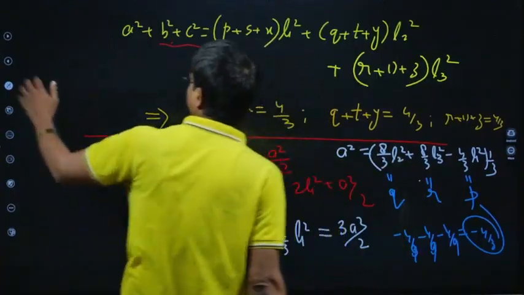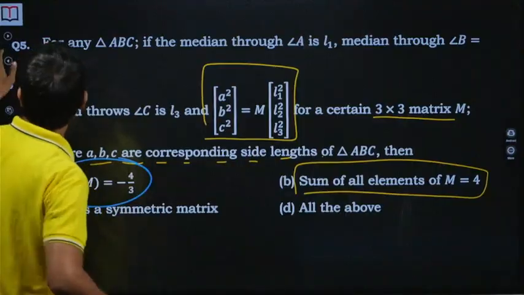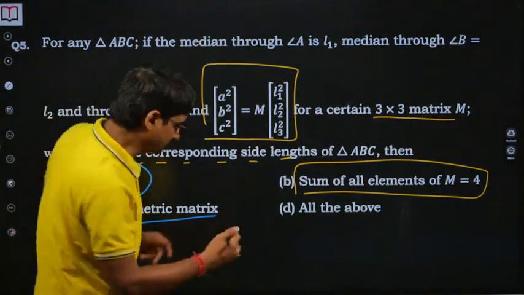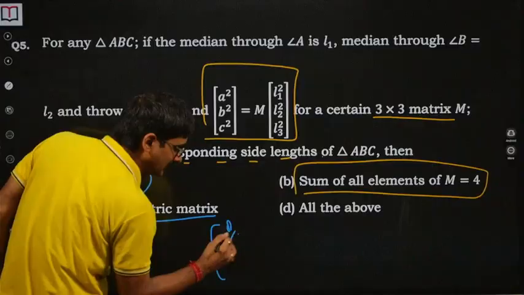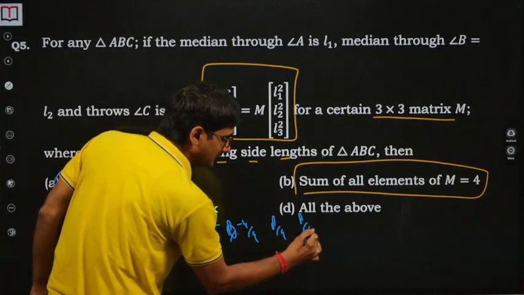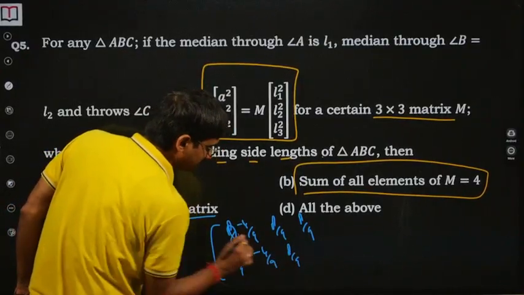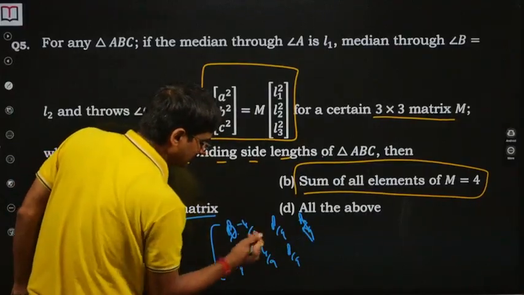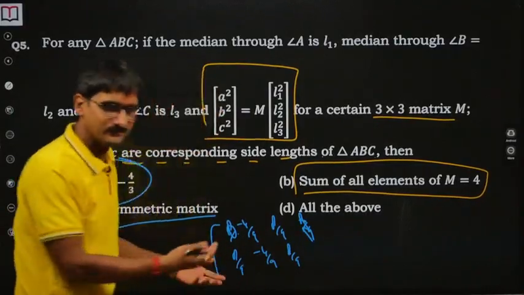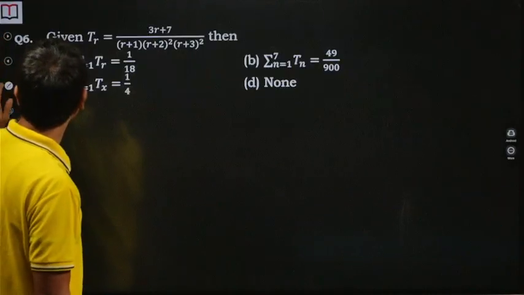So the trace of the matrix, which is nothing but the sum of all the elements, is this, and then it has to be symmetric. Why so? Because you got it as minus 4 by 9, 8 by 9, 8 by 9, then again it will be 8 by 9, minus 4 by 9, 8 by 9, and something like that. Okay, then you go on just getting it, I mean, you all would have understood it. Okay, so let's move quickly to the next question.